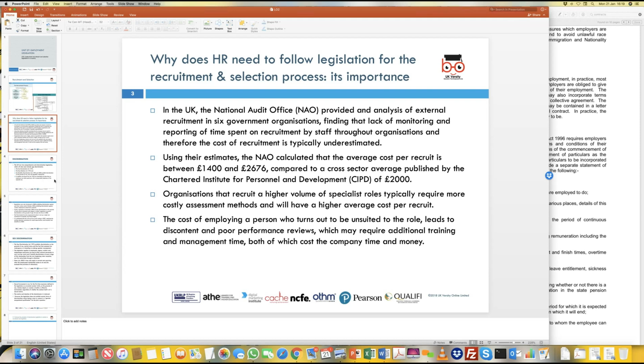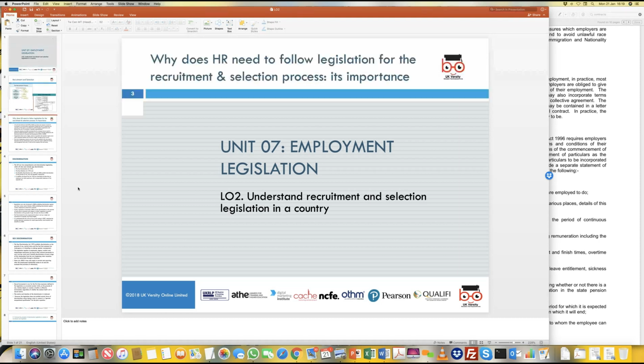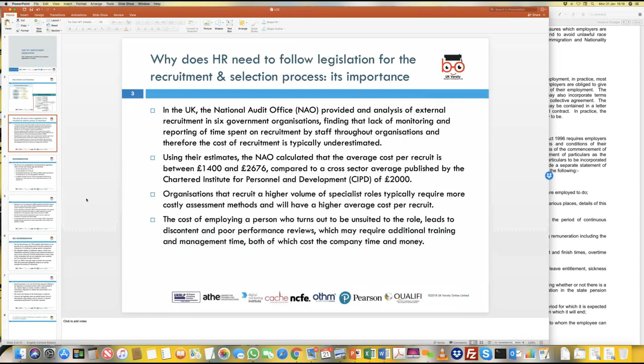Is that okay? Now, when we look at that, the intention in understanding learning outcome 2 is that recruitment and selection as an activity costs the company time, money and effort. So it is all the more important for HR managers to understand the law and legislation which needs to be applied correctly, so that when contracts are drawn, they are drawn accurately so as to minimize any such costs which can indirectly come onto the company when recruitment and selection as a process is taking place.